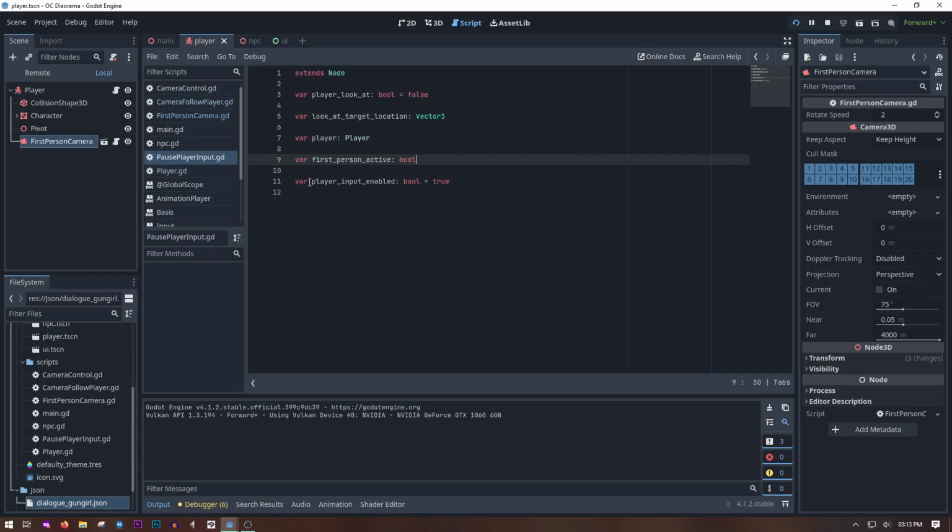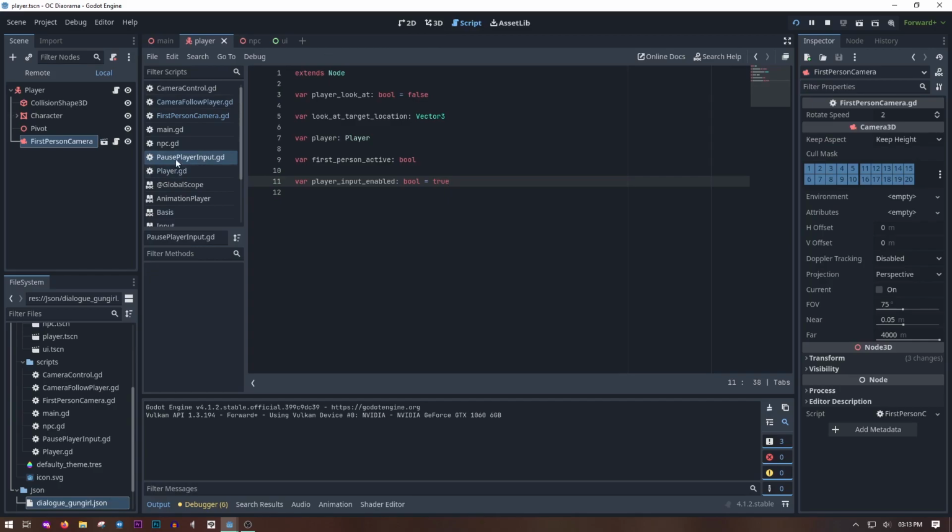So pause player input. It was initially just for pausing the player. I might have to change the wording, because it's not really about pausing the player, it's more about various other things. But it's too late. I mean, it's not too late. I could go through every instance of pause player input and just update it to whatever I name the script if I want to rename the script. But at the moment, I haven't done that. And that's okay for me. For this, it's fine. Don't worry about it. I'll get around to it. That should be on my list of things to do, just to keep things clean and understandable. But anyway,